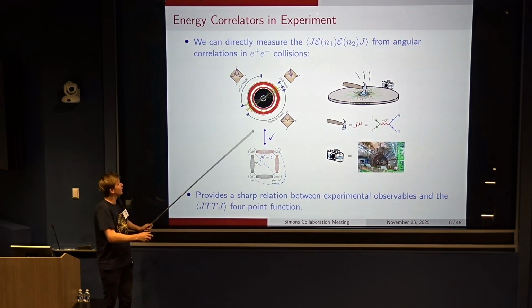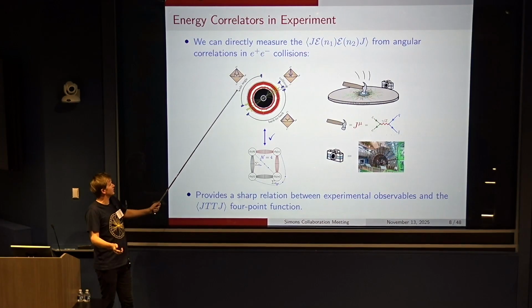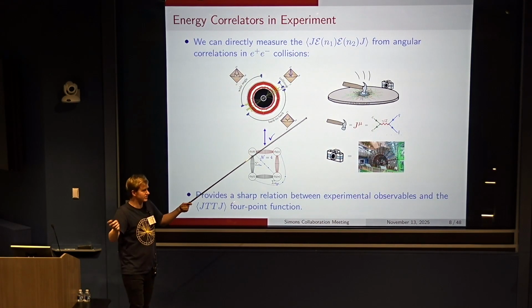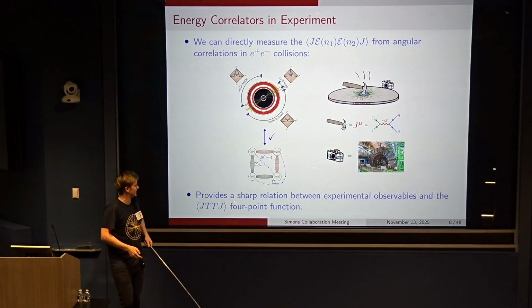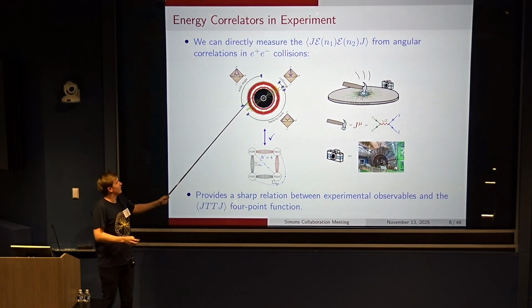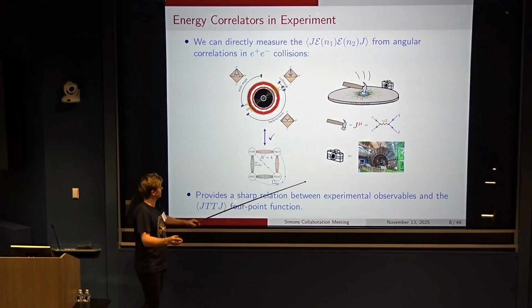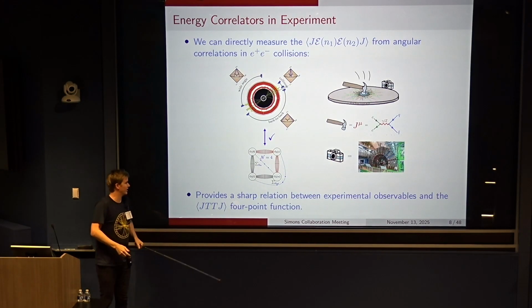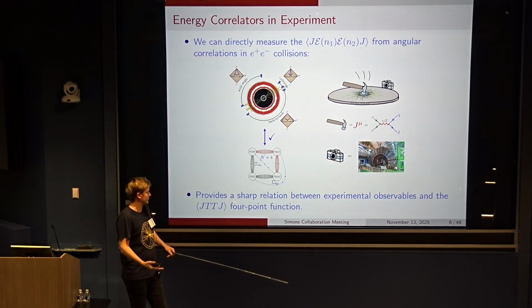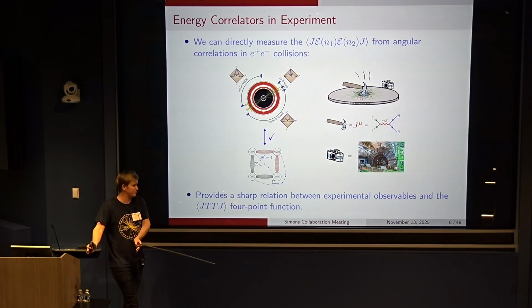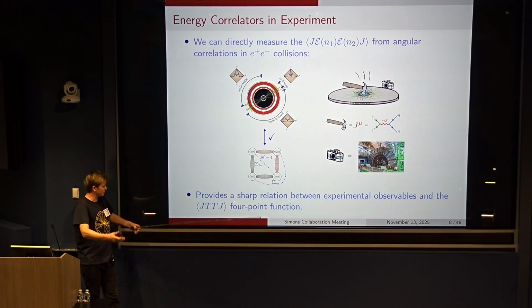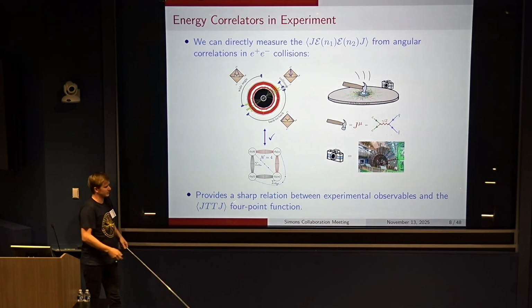And in particular, we can do that as a function of the angle between the particles, and so we can really map out the behavior of this correlation function over its complete kinematic range. Going all the way from this kind of back-to-back limit, which I mentioned, all the way to the limit where the detectors are so-called collinear or on top of each other. And so this is extremely satisfying because this really provides a very sharp relation between what we can do in experiment and where we can literally study QCD and 4-point functions in particular of the stress tensor.